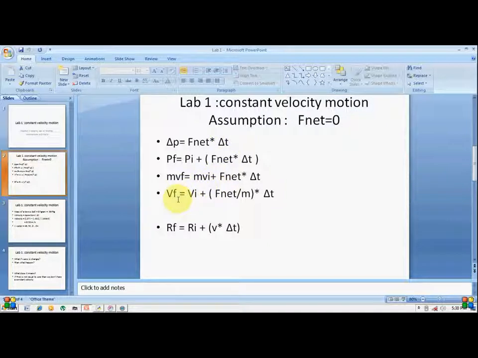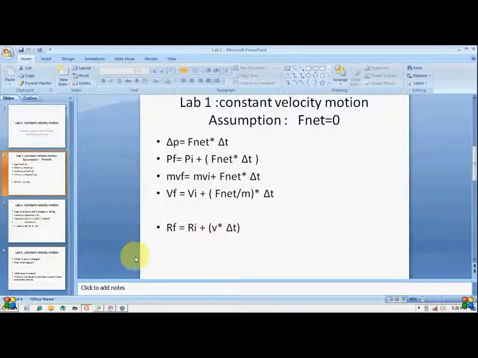In Newton's second law of motion, Vf is equal to the initial velocity plus F net divided by mass, multiplied by delta t. When we put F net equal to 0, this part of the equation equals 0 and the final velocity will be equal to the initial velocity, and then we get a constant velocity motion. We can also predict the position of the ball by using this equation: Rf equals Ri plus V multiplied